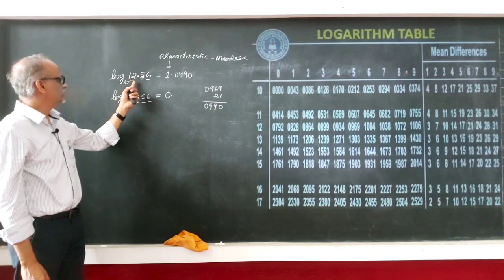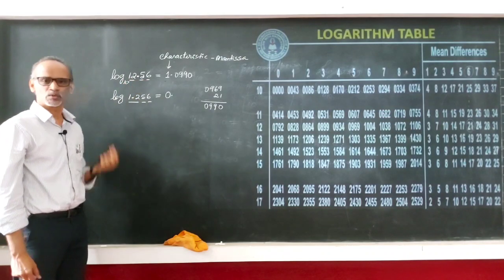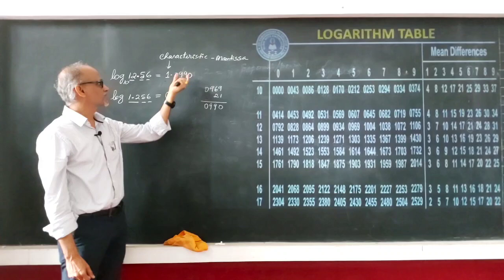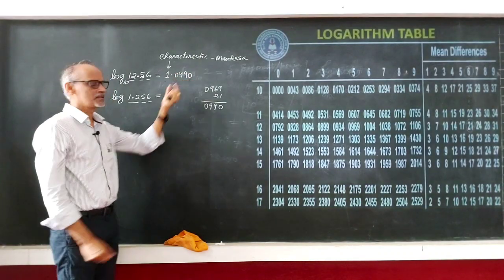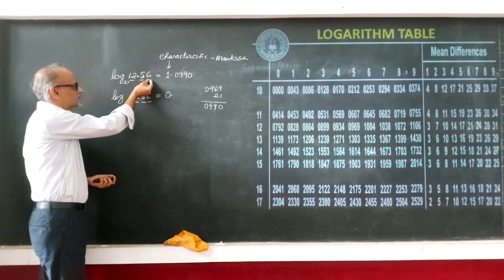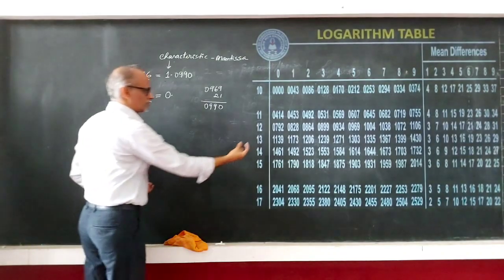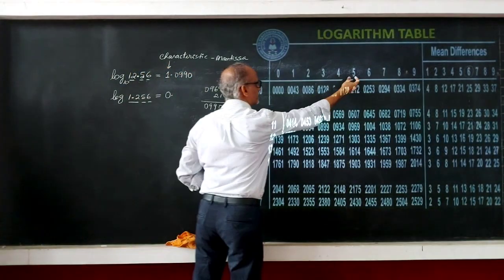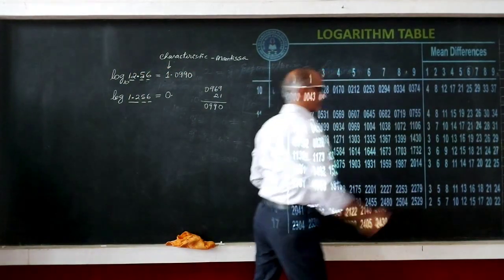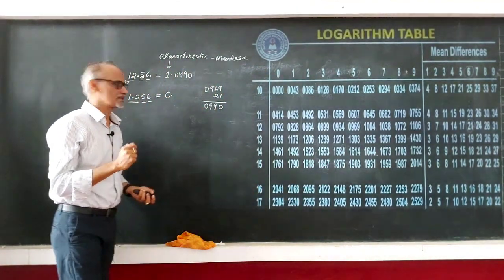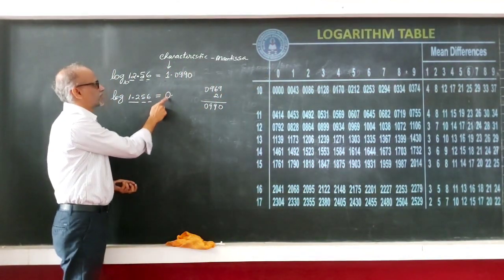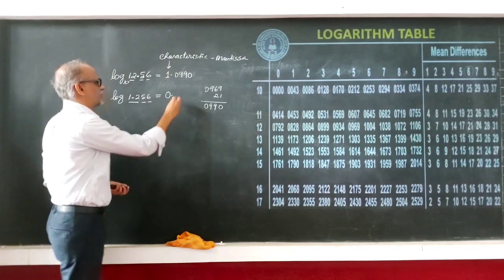Even in the previous example, it was 12, 5, 6 only. So don't you think the mantissa has to be the same? 12, 5 here and 6 in the mean difference. So I'm going to get the same mantissa, only the characteristic changes. So therefore the mantissa is